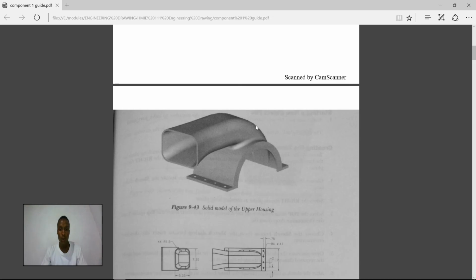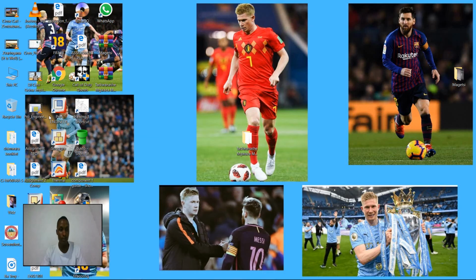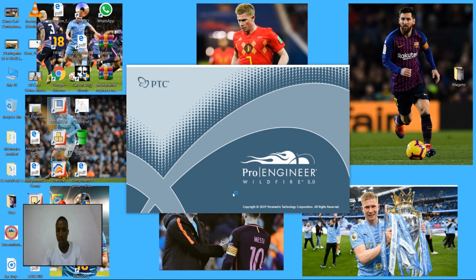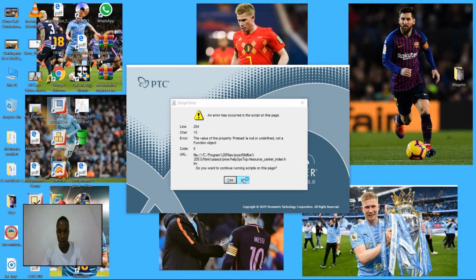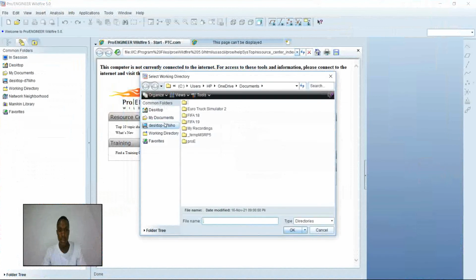I am going to design the solid model of the upper housing, and I'm going to use the instructions which are given. So first I'm going to start by opening my ProE, and I'm going to set the working directory,